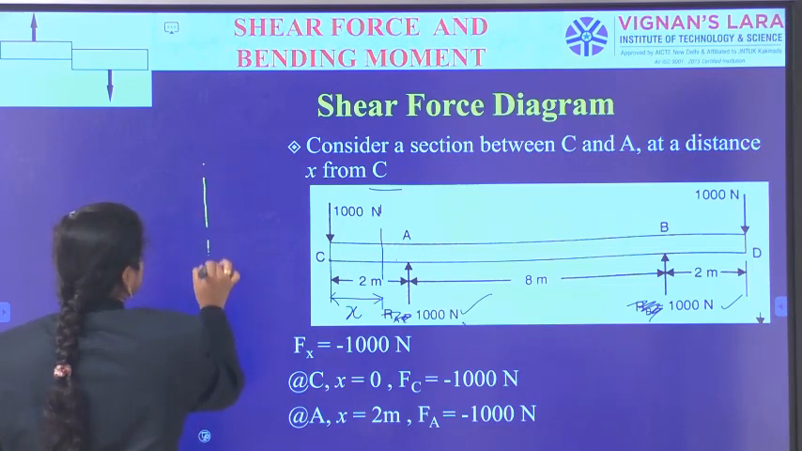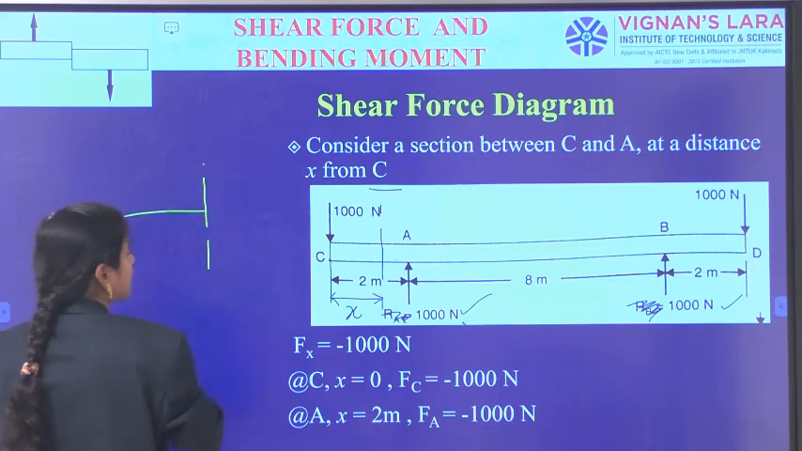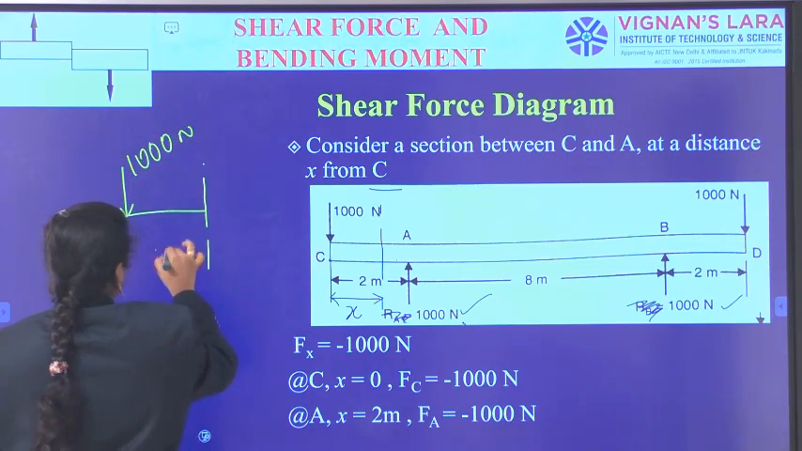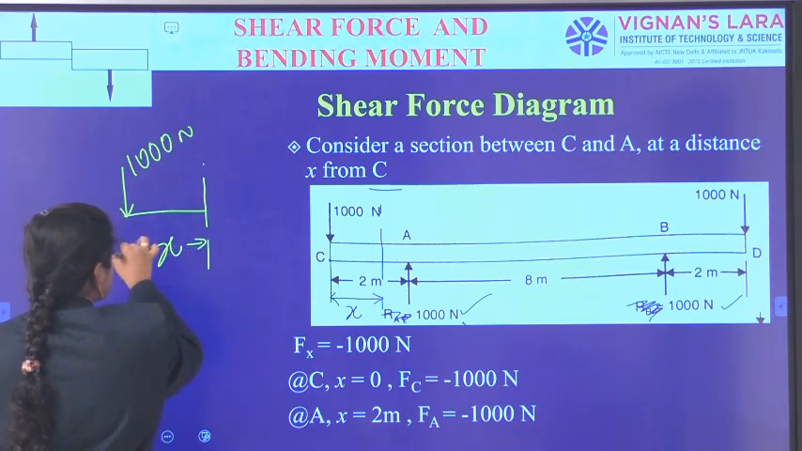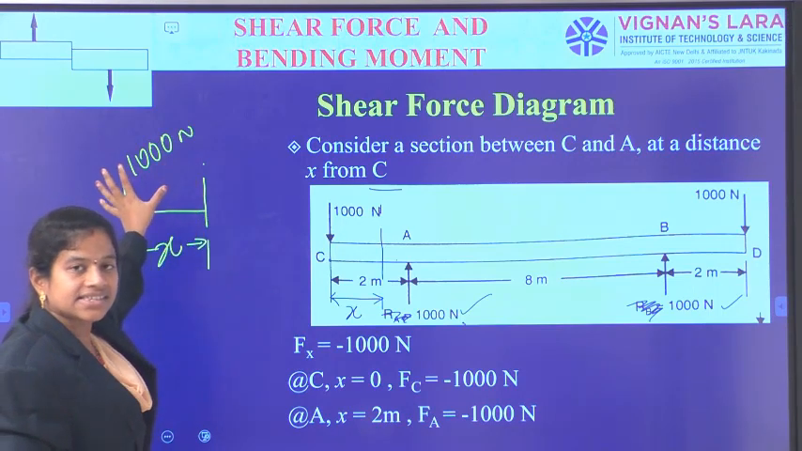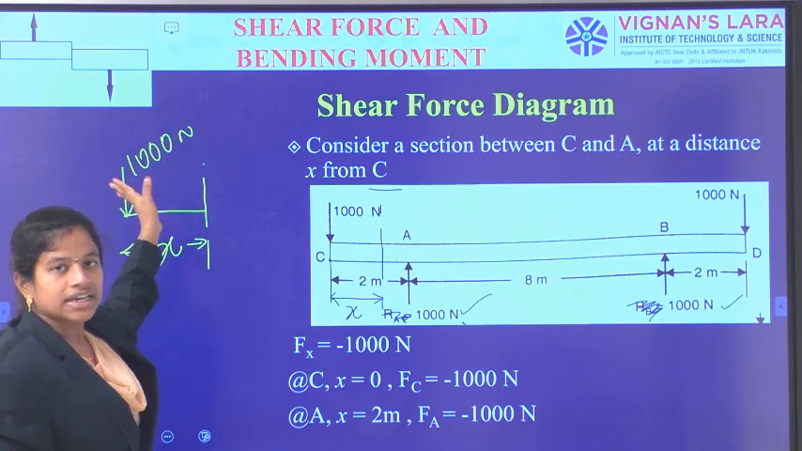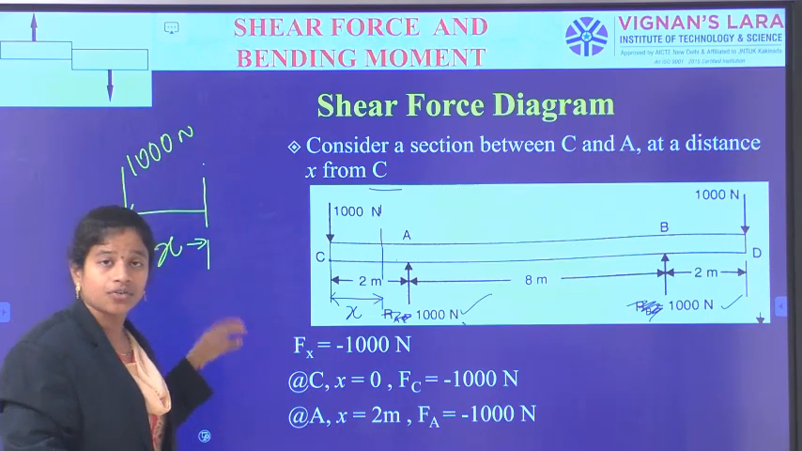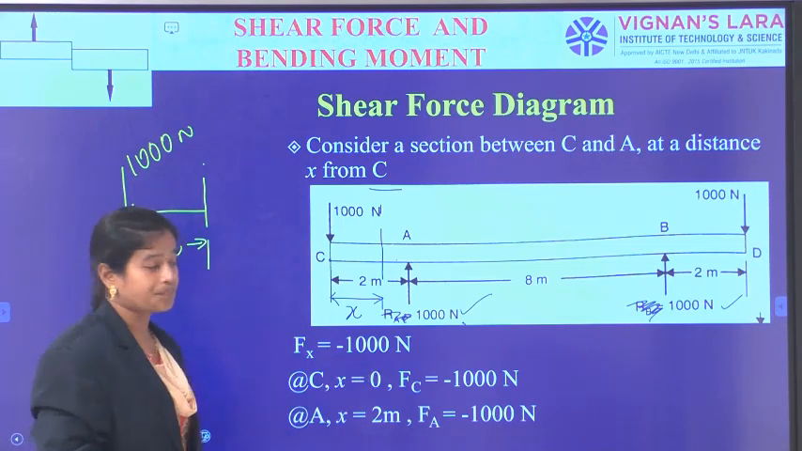So, considering the section line on the left side, when I observe, I am observing a 1000 Newton load only at a distance of x in between C and A. So in between CA at a distance x, we are observing a 1000 Newton downward force. So, corresponding Fx is equal to left side downwards. The corresponding force is